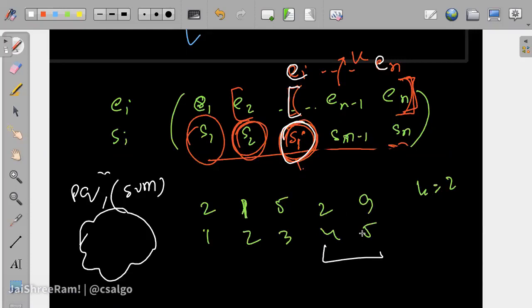So we can just put the 2 E values, the efficiency values, into this: 2 and 9, and their sum is the potential value, right? Next, we consider these 3 elements. So we put this 5 as well in the priority queue. Then we see there are 3 elements, we can only take 2, so we remove the smallest one because we want to make the sum maximum, right?